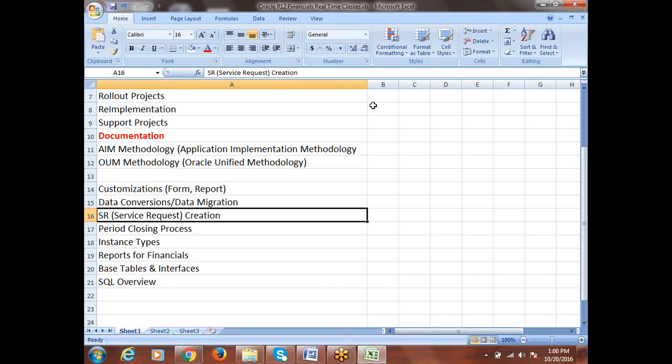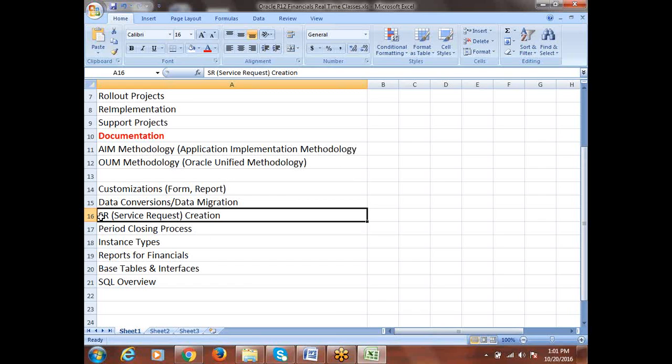And if some piece of code is missing, they'll recommend that we apply a patch. A patch is nothing but a piece of code which they'll be giving. Once that is applied, the application will be working properly. Whether we have to apply the patch directly in production or in which environment, what is the sequence we have to follow, everything we'll be discussing. Okay, so that's all about this support.